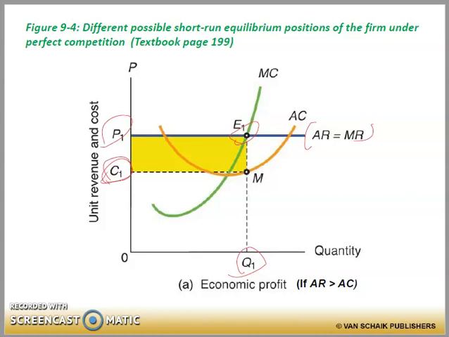So the firm's total profit is given by the shaded area here, represented by C1, P1, E1, as well as M, which is equal to the profit per unit of output, P1 to C1, multiplied by the quantity produced,